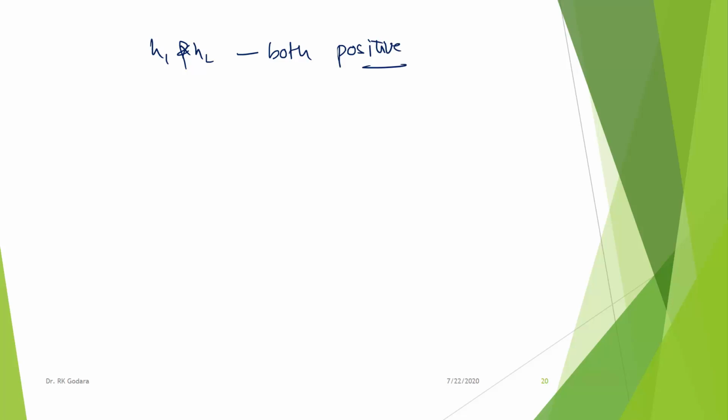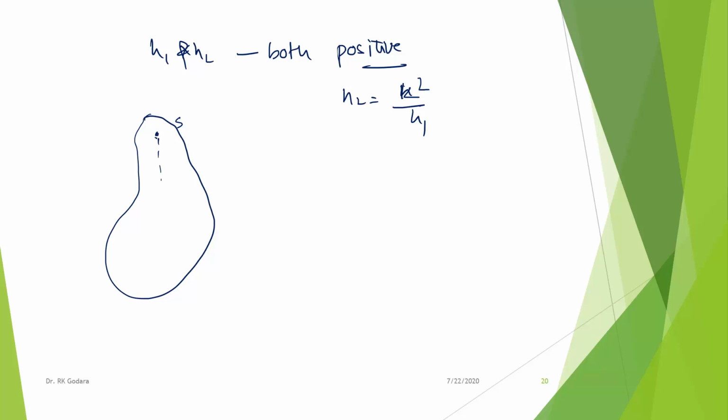Therefore, there are 2 points of the compound pendulum for the same periodic time, at distances h1 and h2, where h2 equals kg square over h1, about the center of gravity. So we get 4 points on the axis passing through the point of suspension. If this was our suspension point, this is our CG, and this was the oscillation point O.